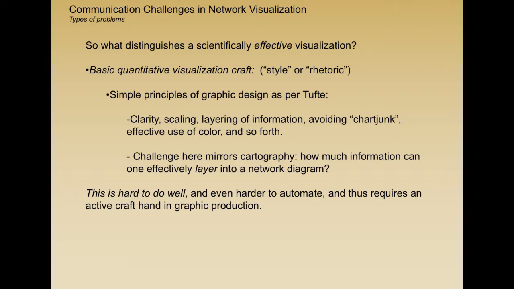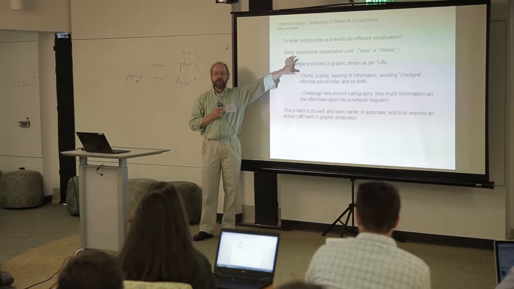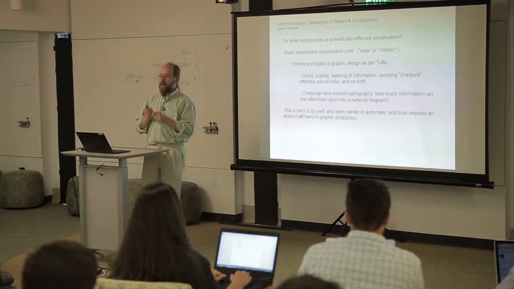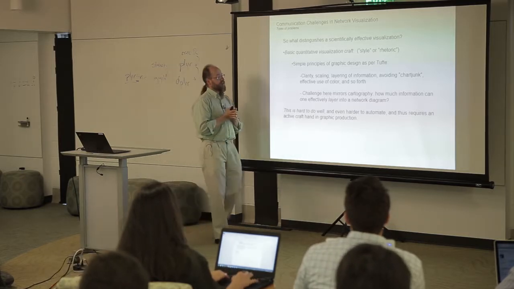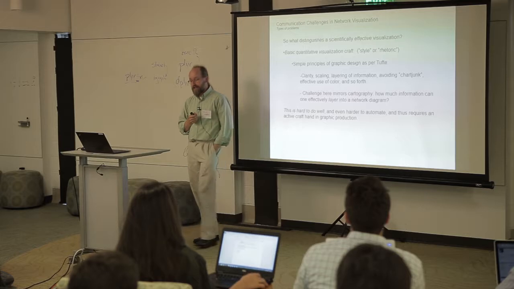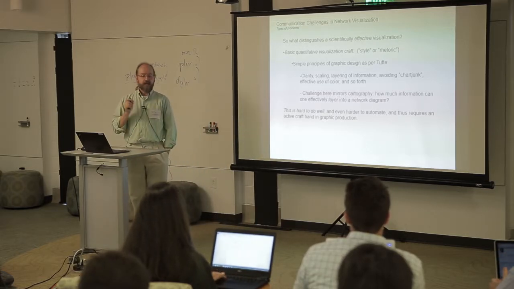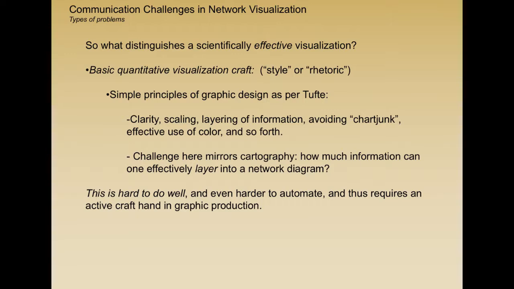And so I have a couple of basic things that I want to harp on. The first is some basic quantitative visualization craft. And for those of you that haven't gone out and bought every one of Tufte's books and have it on your bookshelf and read it before you go to bed every night, I highly recommend you do so. Tufte's work on the clarity of visual design for quantitative work is probably the best out there. And the key idea there is that you focus on clarity, scaling, the avoidance of chart junk and so forth to make things as clear and information-laden as possible.